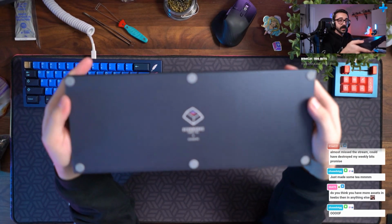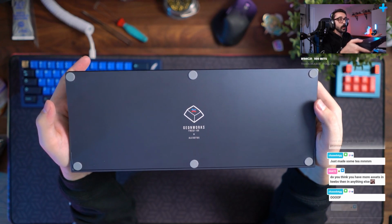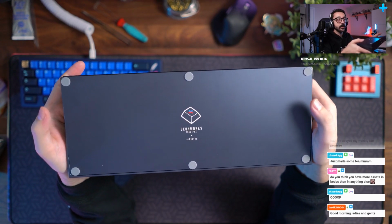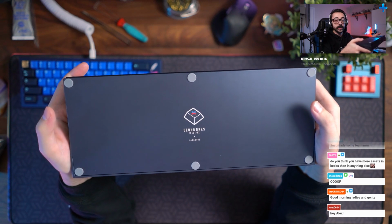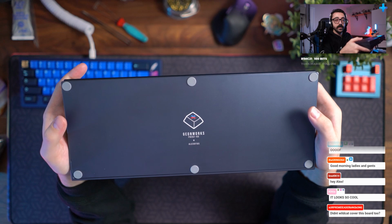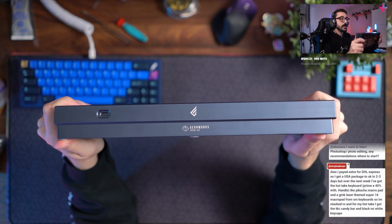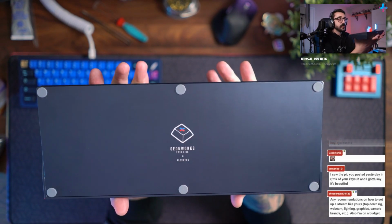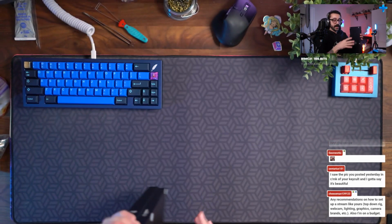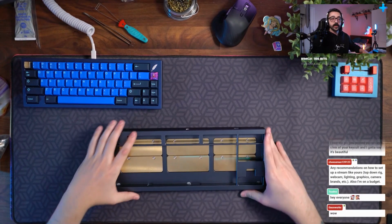We'll do the back first. I infilled it too with some enamel. So if you guys know that little plus sign that we have floating on the top right corner of the stream, I kind of tried to mimic that same colorway. And we even got the stuff here on the back over here. So we're going to be building this, and I've been really excited to build this. And let me tell you too,